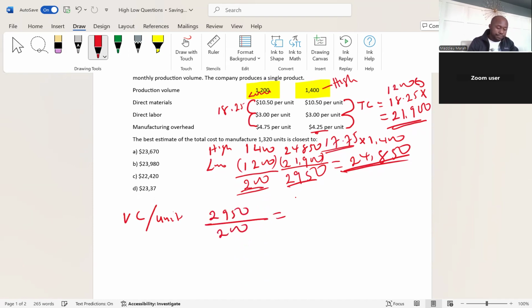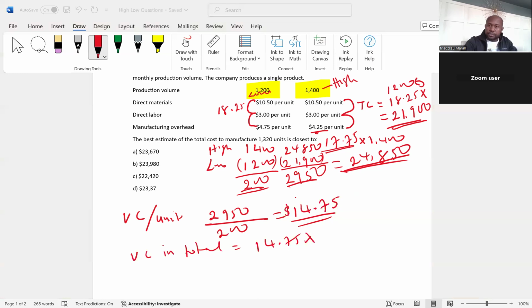Variable cost per unit is my total 2,950 divided by 200. This will give me 14.75, my variable cost per unit. So now my variable cost in total equals variable cost per unit 14.75 multiplied by number of units. Number of units, I'm going to use,